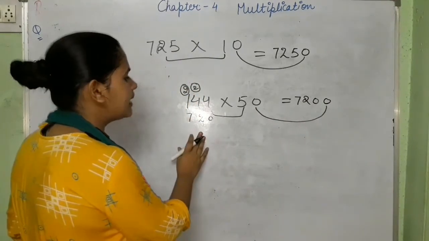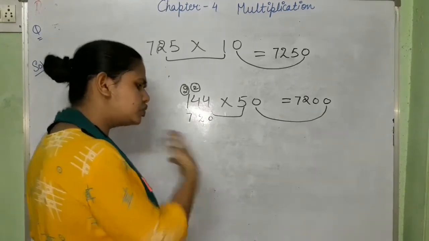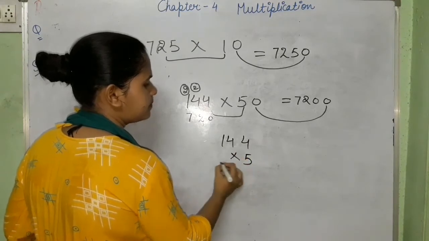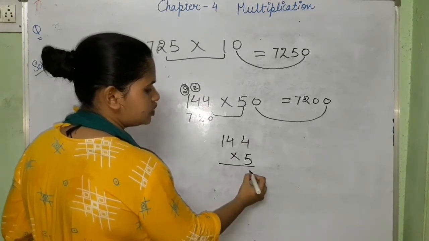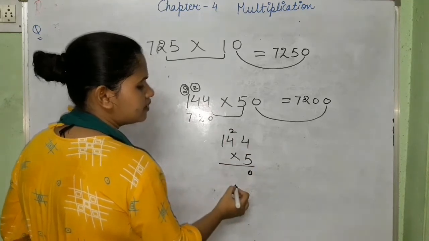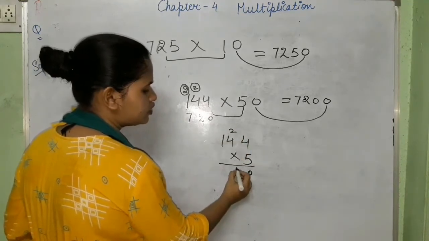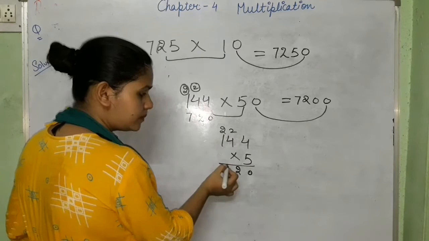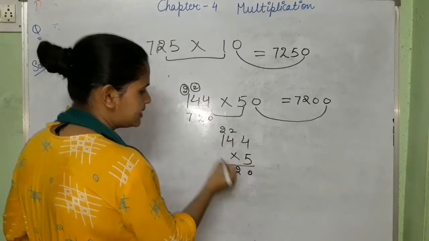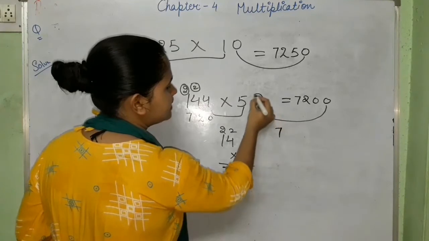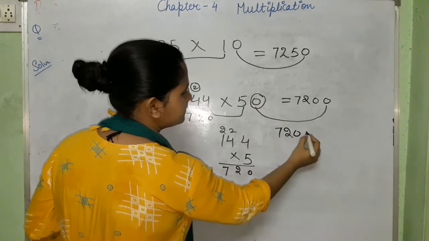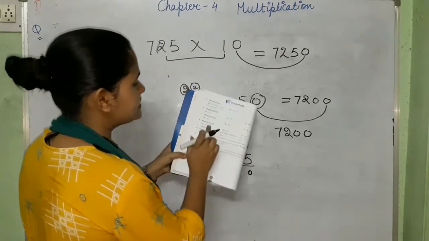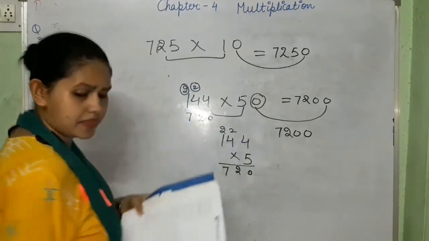And yes, if this method is very difficult for you, then do the open method. Okay, like this. Okay. 5 4s are 20, and 2 will be carry. So 22. 2 goes here, 5 1s are 5 and 2 becomes 7. So 720 and this 0 will go at the last. So it becomes 7,200. In this way, we will solve this multiply by 50.